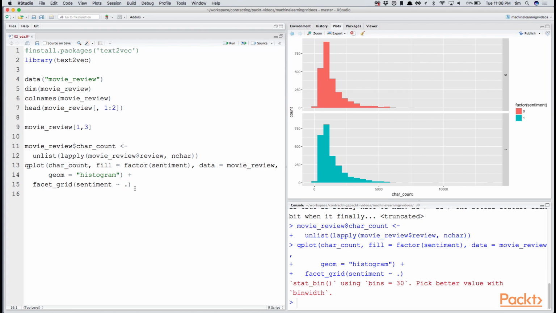negative review. Again, ggplot2 in detail is a little bit beyond the scope of this course. But the quick summary here is that we're plotting our character count variable. The fill color is a factor by sentiment. It's a histogram. And we're faceting the 2 plots to split them out. Now that we've looked at our data set